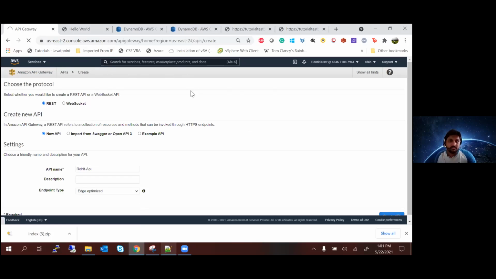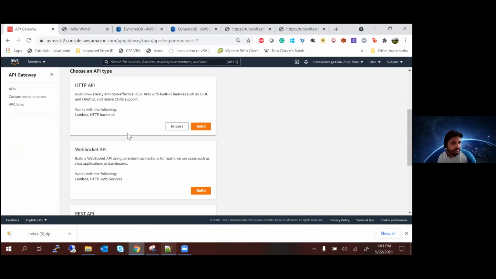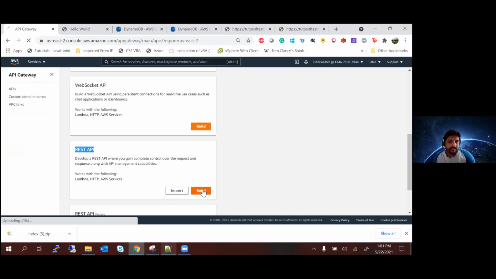Let me go back. You should see something called choose API. You should scroll down a bit, and here you'll see REST API. So you have to select REST API. Everybody who has not yet selected REST API, just select this. Description can be empty, doesn't matter. Select REST API, click on build. Anam, you'll have to scroll a bit down. It should be there.